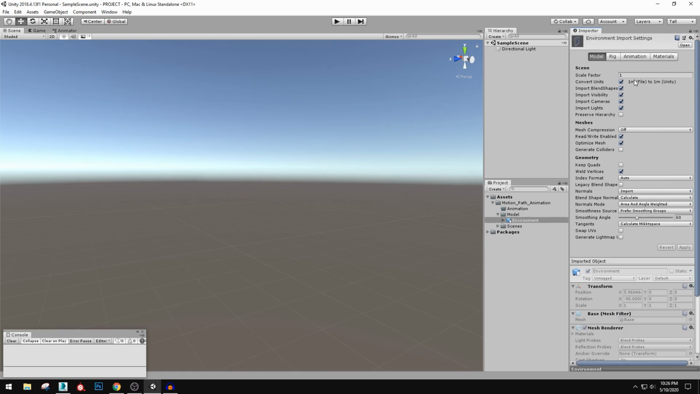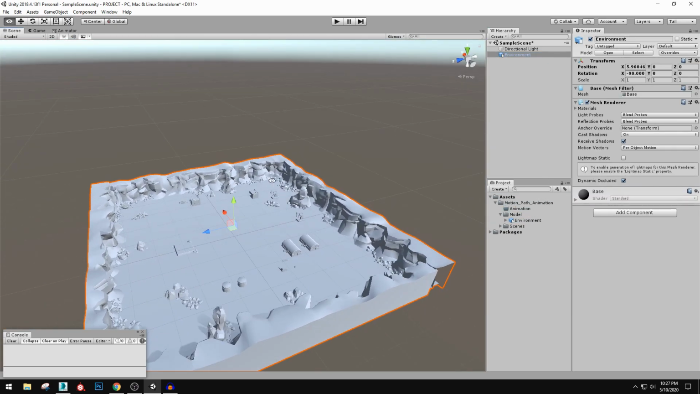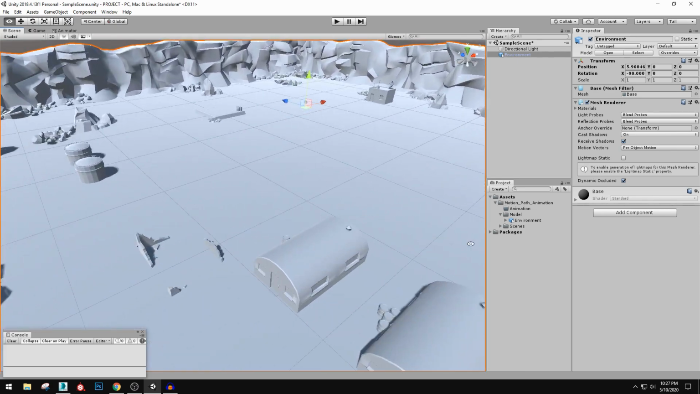Now it is possible to work in centimeters or different types of unit systems and do a conversion between Unity and your 3D software, but I find it the most intuitive and best to go 1-to-1, 1 meter in the 3D software and 1 meter in Unity, and it is the best way to work, in my opinion. I'm going to drag this environment over into the scene, and now we have this game environment to work with